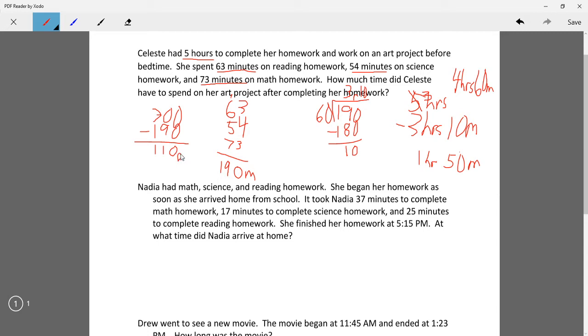And so we're at 110 minutes, and I have to divide that by 60. Now what I can do is just subtract 60 for 1 hour, and then it becomes 50 minutes, and then it's the 1 hour that I subtracted there, so it's the same thing. So 1 hour and 50 minutes. Okay? So if you get to a point where you are feeling uncomfortable trying to do long division